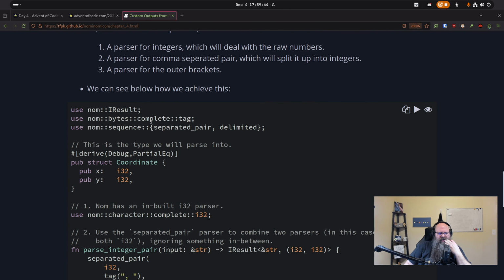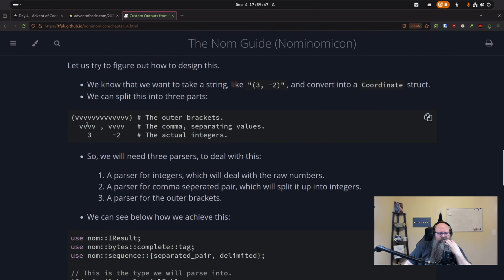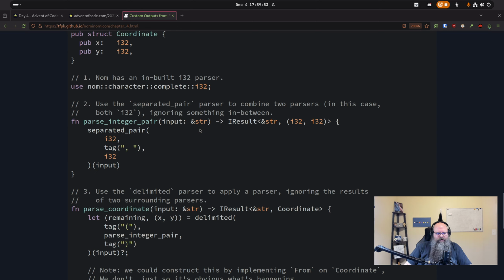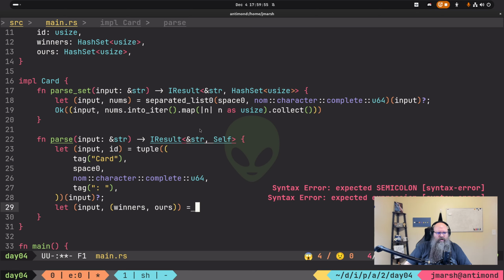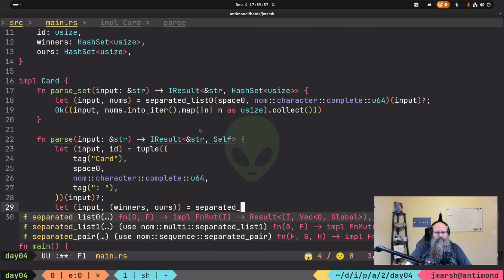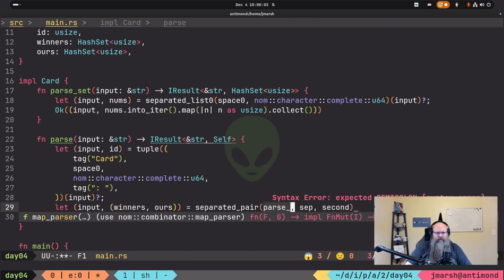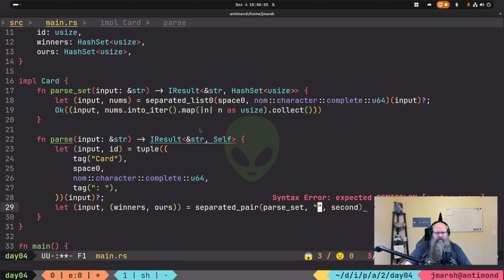Right here they did a thing like this, and it's separated pair. Yeah, there we go. Separated pair. And so it would be a parse set separated by this, and then another parse set on